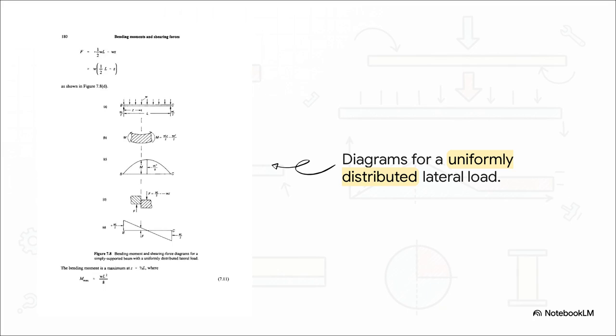Visually, for a simply supported beam carrying a uniformly distributed load, it plays out perfectly. Because the load is uniform, the upward reactions at the two supports are equal. Our shearing force starts positive at one support, drops linearly due to the constant downward load, and crosses exactly through zero right at the center of the beam before going negative. And because it crosses zero at the exact center, our integrated bending moment forms a perfect, flawless parabola, peaking right